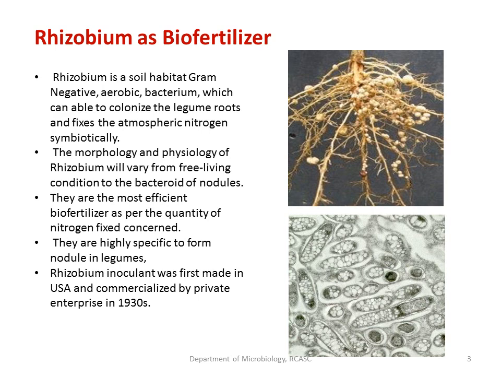And this rhizobium inoculant as a biofertilizer was first prepared in the USA, and it was also commercialized by one of our private entrepreneurs in 1930. So this is about rhizobium. The things you have to note down here: they are gram-negative aerobic bacteria. For nitrogen fixation, they require anaerobic conditions. You know all those. They are symbiotically associated with leguminous plants, cause the formation of nodules and fix atmospheric nitrogen, and they are highly species specific. So this is about rhizobium.